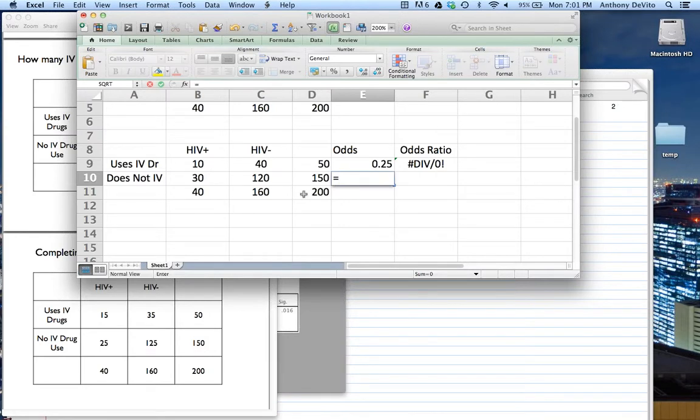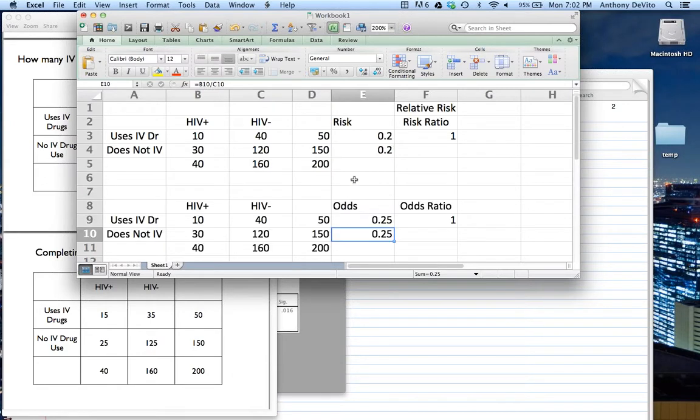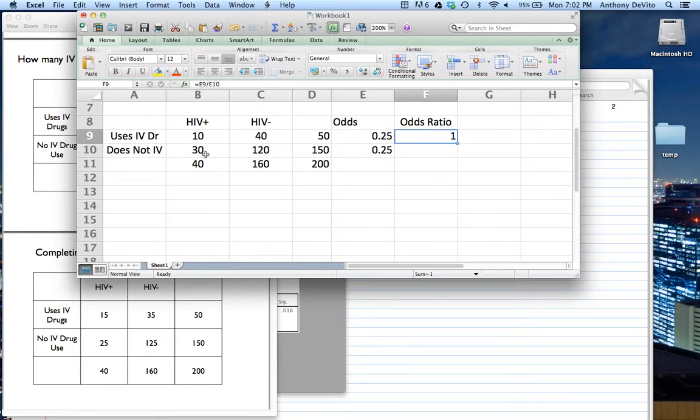Well, let's do the same thing down here. 30 over 120. For every 30 people that are HIV positive in this group, there are 120 people that are HIV negative. Similarly, our odds ratio is just the odds of being HIV positive if you're an IV drug user divided by the odds if you're not an IV drug user. So again, we wound up with the same situation. When there was no difference in the odds for these two, the odds were 0.25 or 1 to 4 for IV drug users and non-IV drug users,